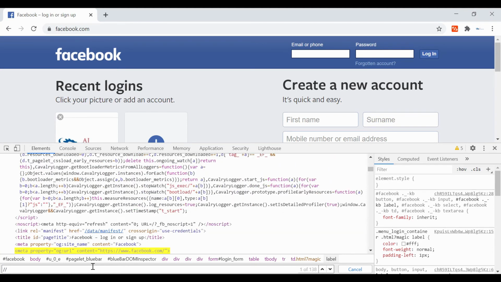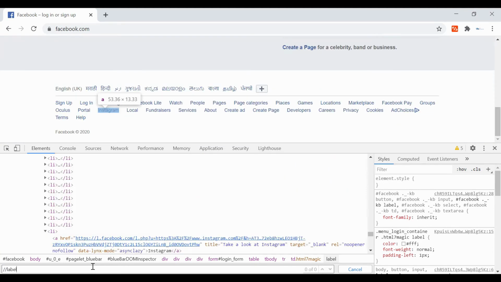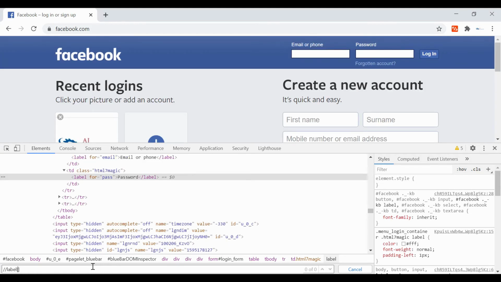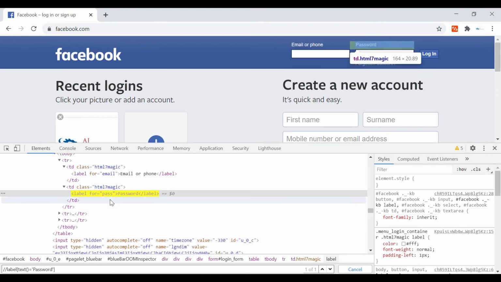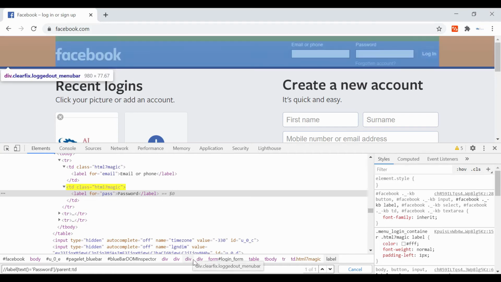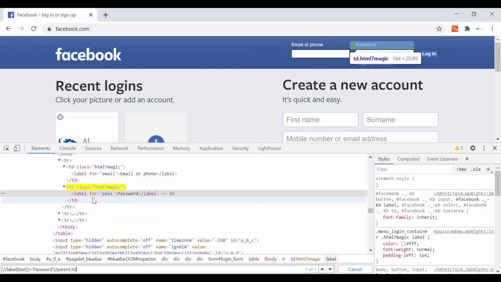So label, text equal to password. Now I want to go to the parent, so you just have to write parent double colon and td. As you can see, it has just gone one level up.